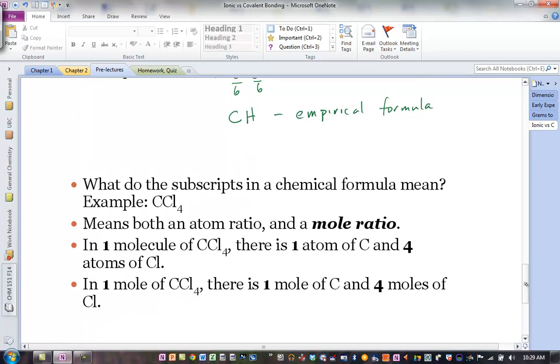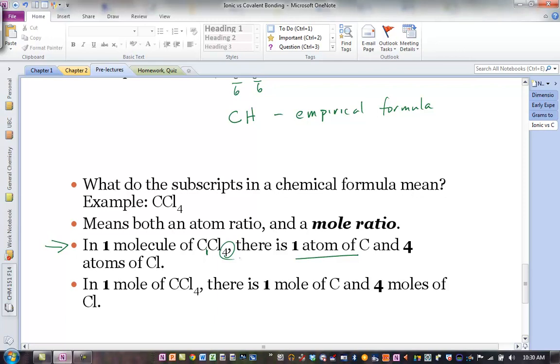A couple more things before we maybe get a quick calculation in. We've talked about what these subscripts mean. I think you are aware of the first way to read subscripts, and that's how we read it with methane: one carbon atom with every 4 hydrogen atoms in one molecule. Same thing here. This is actually called carbon tetrachloride. There is one carbon atom, a subscript of 1 is understood, for every 4 chlorine atoms that make up that